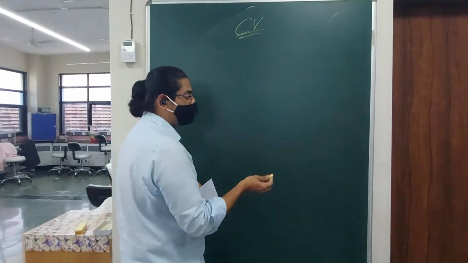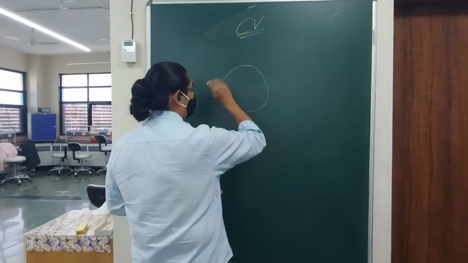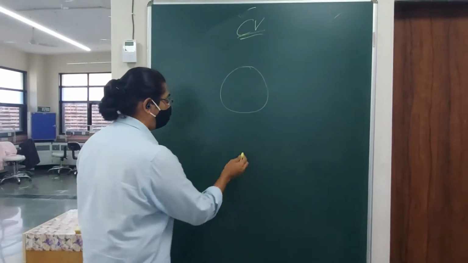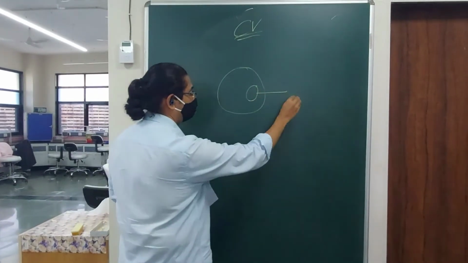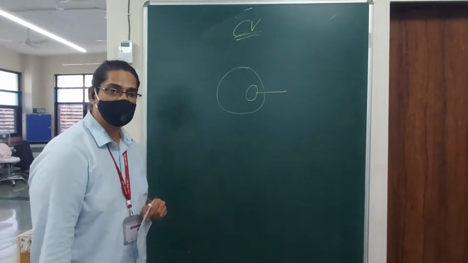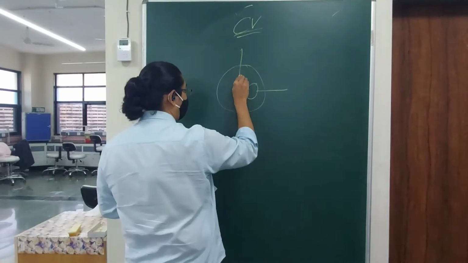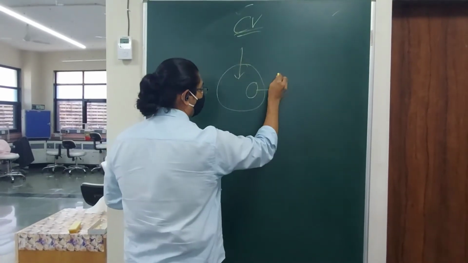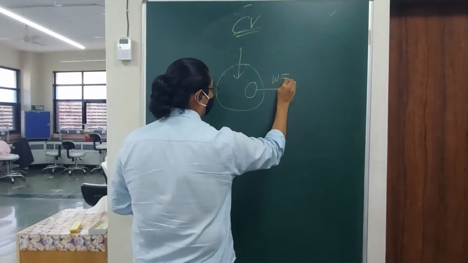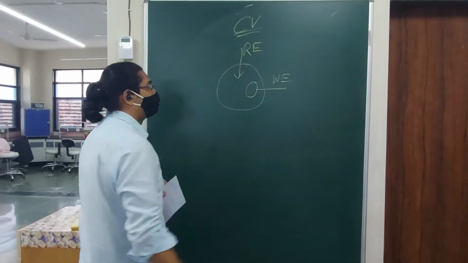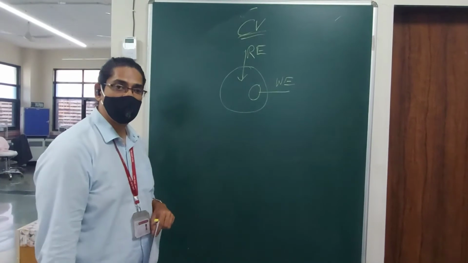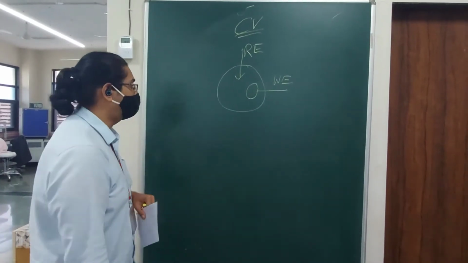It's a 3 electrode system. We have a working electrode. You denote it by a disc like this. Let's call it the working electrode, WE. Then you have the reference electrode. You denote it by an arrow like this.